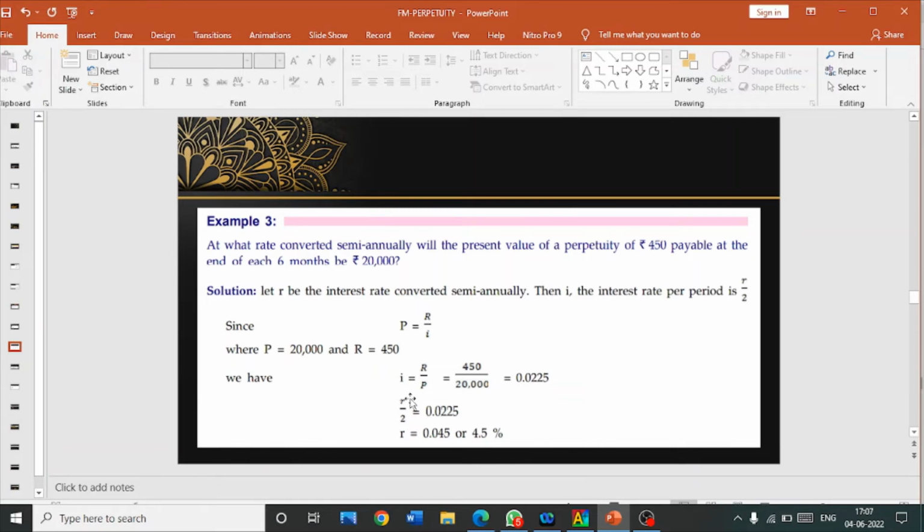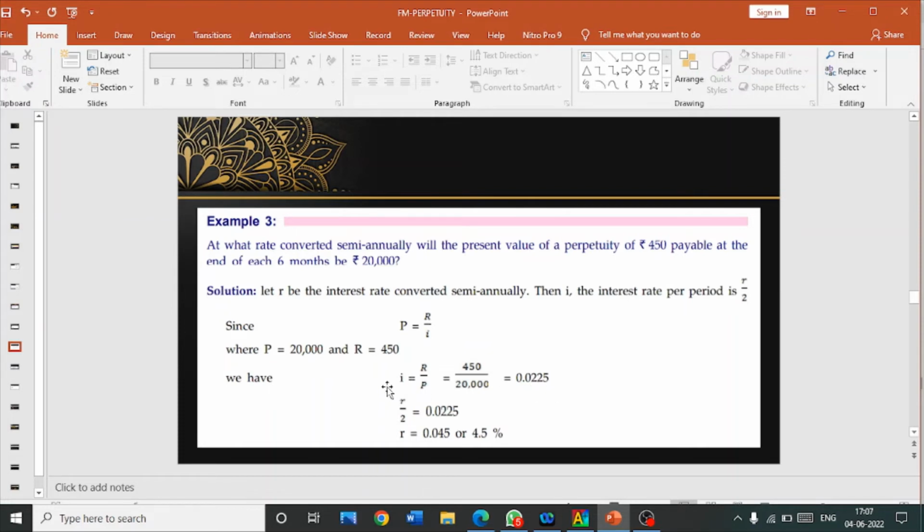So in the formula we know the payment is made at the end, so our formula will be R by I. They have mentioned the cash flow is 450. Be very careful. The 20,000 is the present value. 450 is the perpetuity cash flow. So 450 divided by I equal to 20,000. So cross change this. I equal to R by P, that is 450 by 20,000. If you divide it, you will get